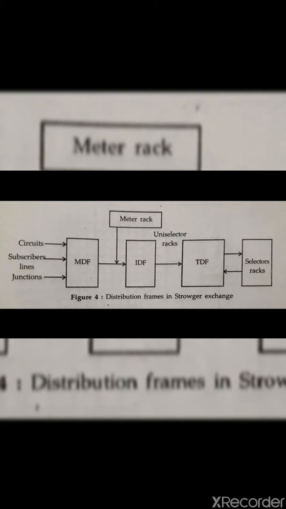The main distribution frame, that is MDF, is a place where the cables of the customer distribution network terminate. The terminals on the exchange side of the MDF are arranged in directory number, that is DN, order. Protectors and fuses are mounted on the MDF to guard the exchange against any high voltage surges on the external lines. Some customers originate much traffic but others very little.